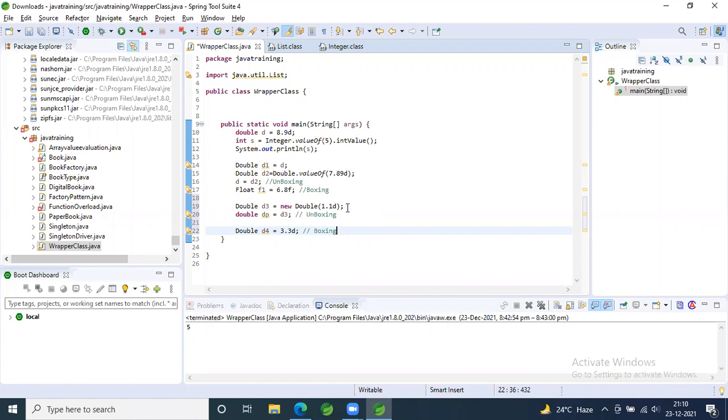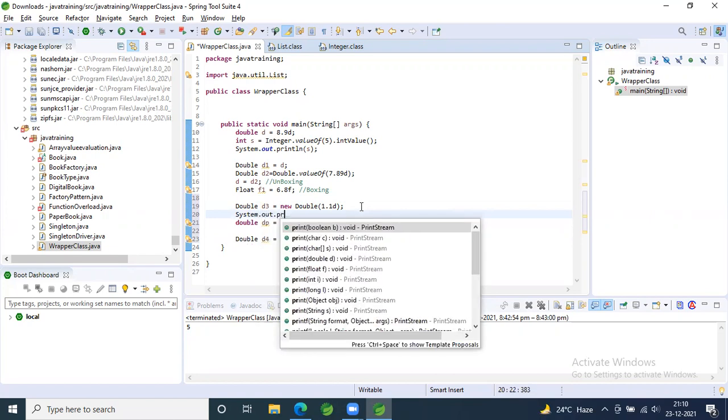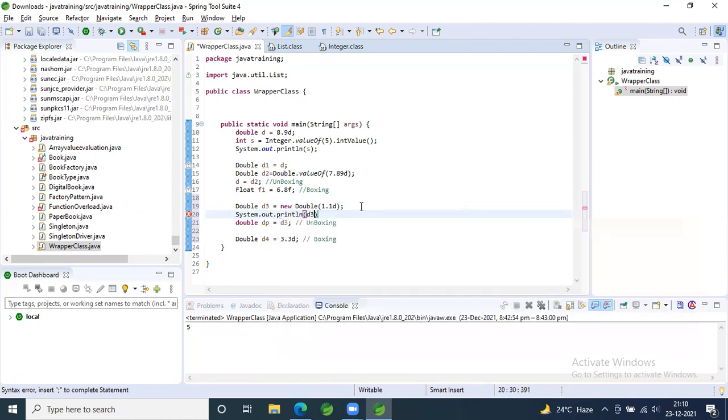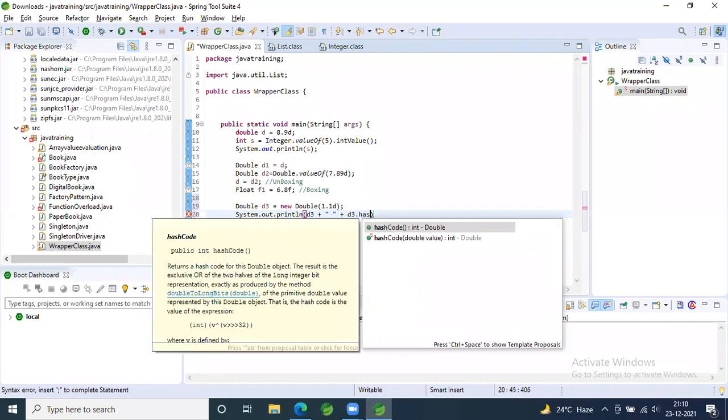Now, Janaki, after line number 19, can you have a sysout and print d3.hashcode and the d3 value? d3.hashcode. Okay.